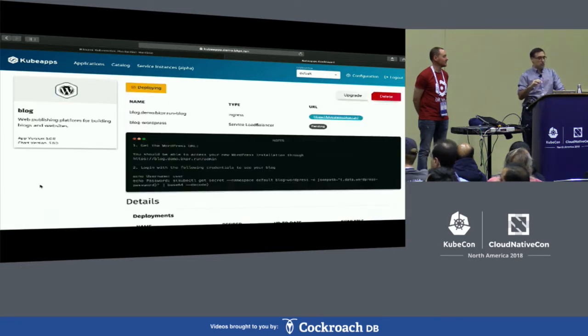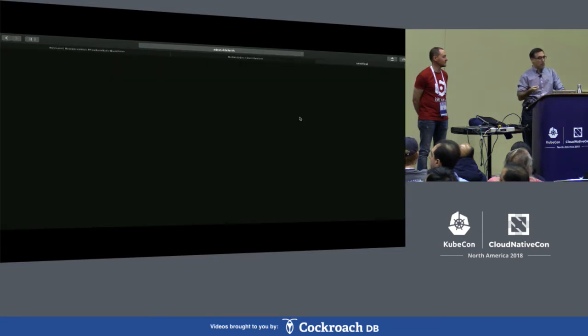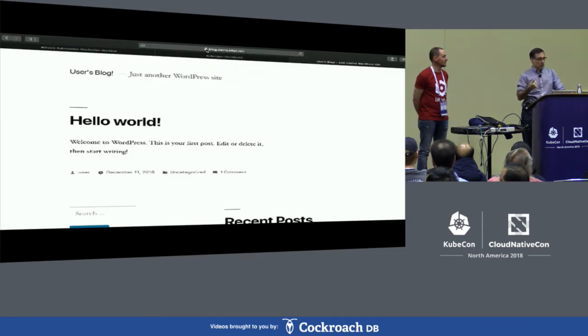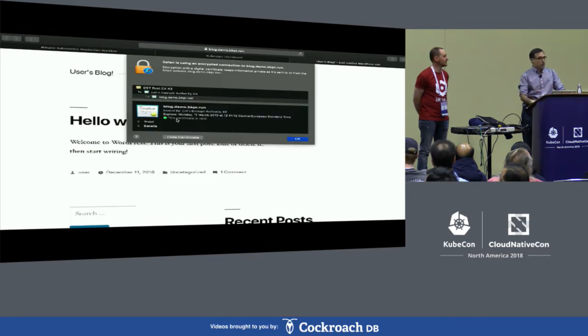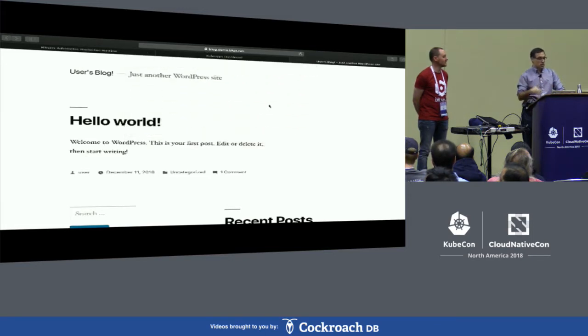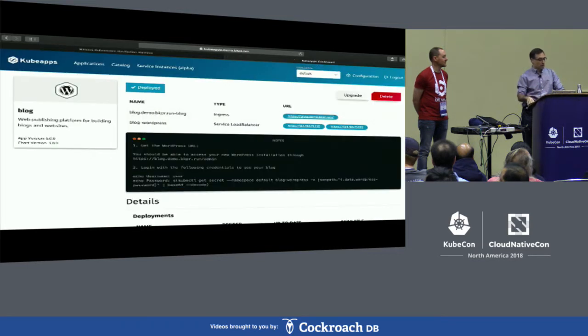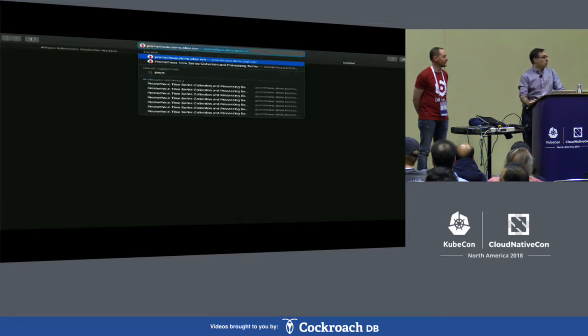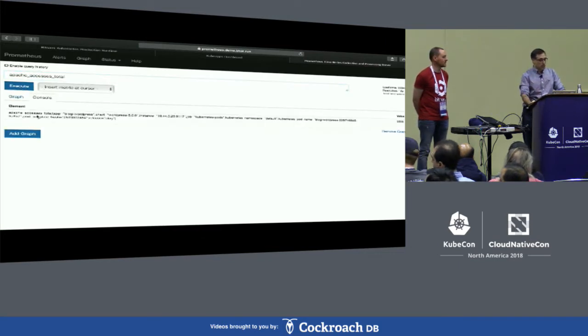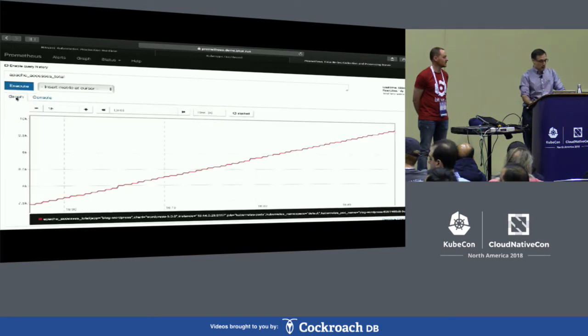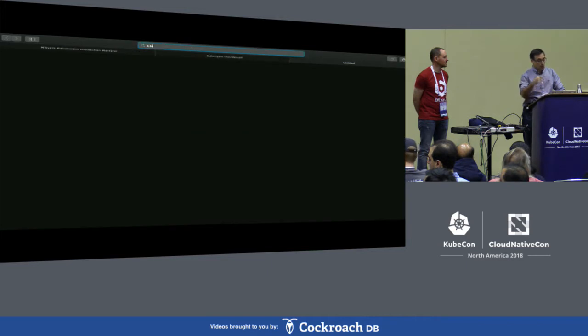And just with that, once the WordPress chart gets deployed into the cluster, it's going to be automatically monitored, so the application is running. You can see that it has a valid certificate through Let's Encrypt automatically without having to do anything. The application is being monitored, so you can go to Prometheus and start taking a look at the metrics. In this case, it is the access log for